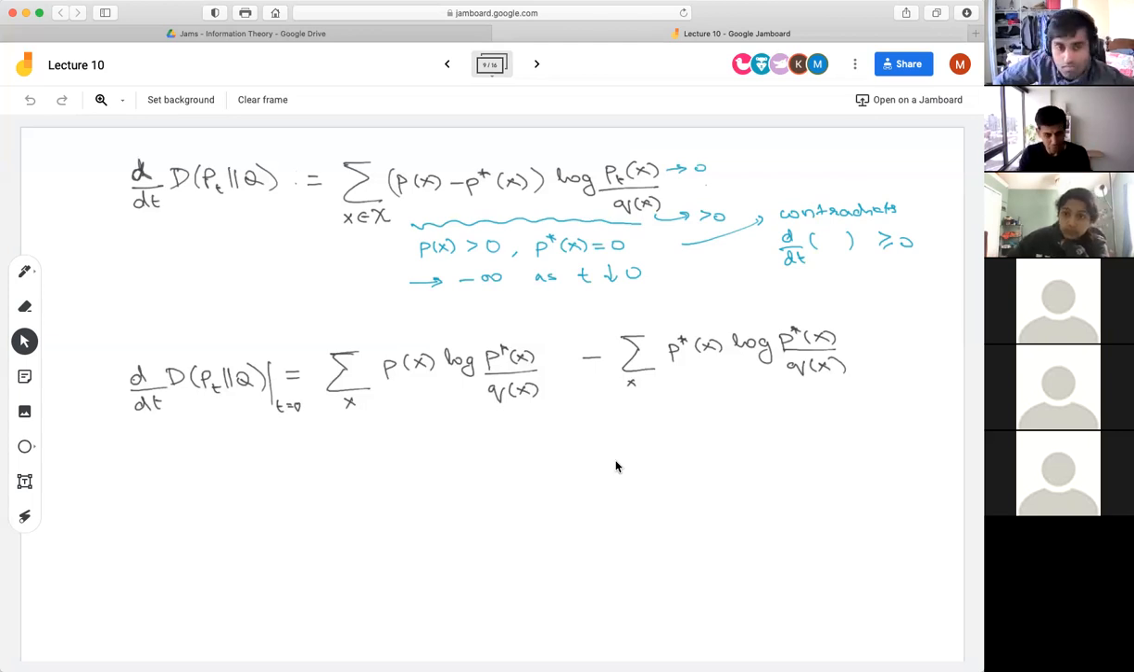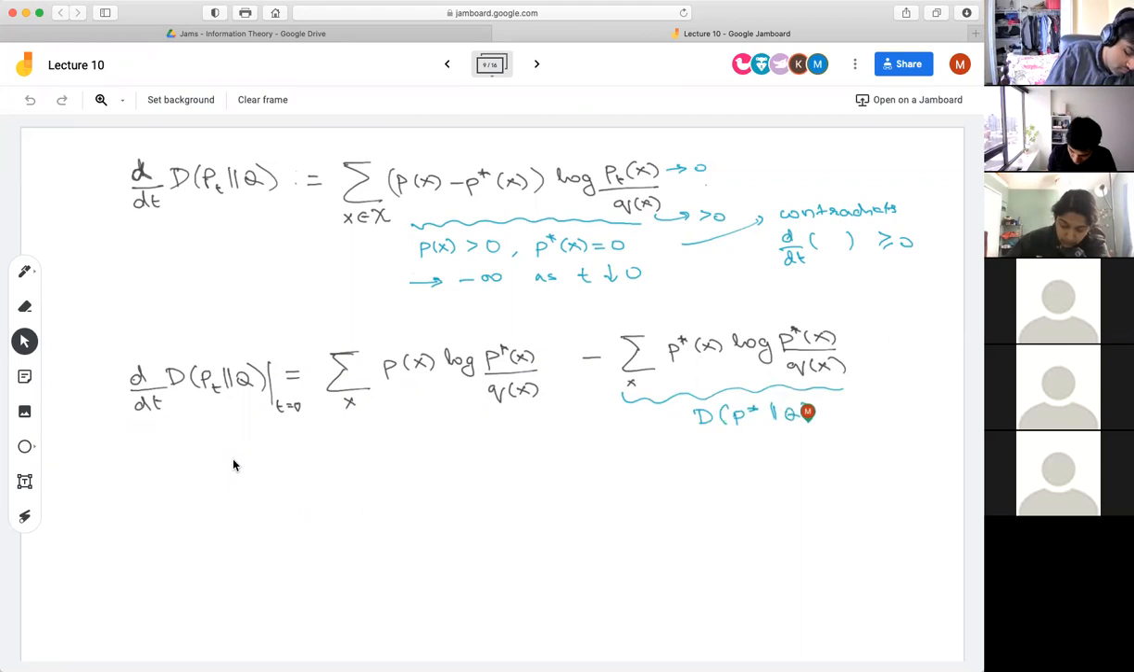The next property also just follows by looking at the derivative, just rearranging the derivative. So we split these two terms apart. The second term can just be written as the KL divergence of P star and Q. And the first term, after a bit of manipulation, you can write it as